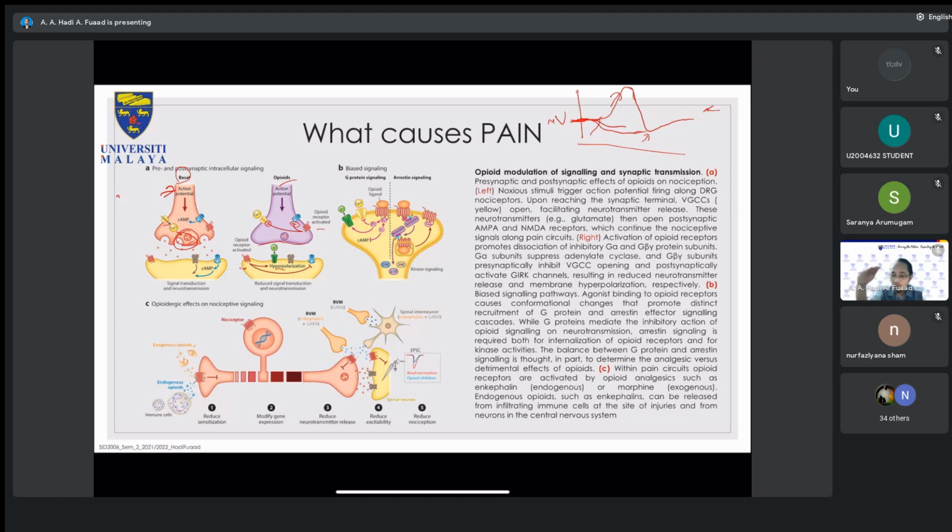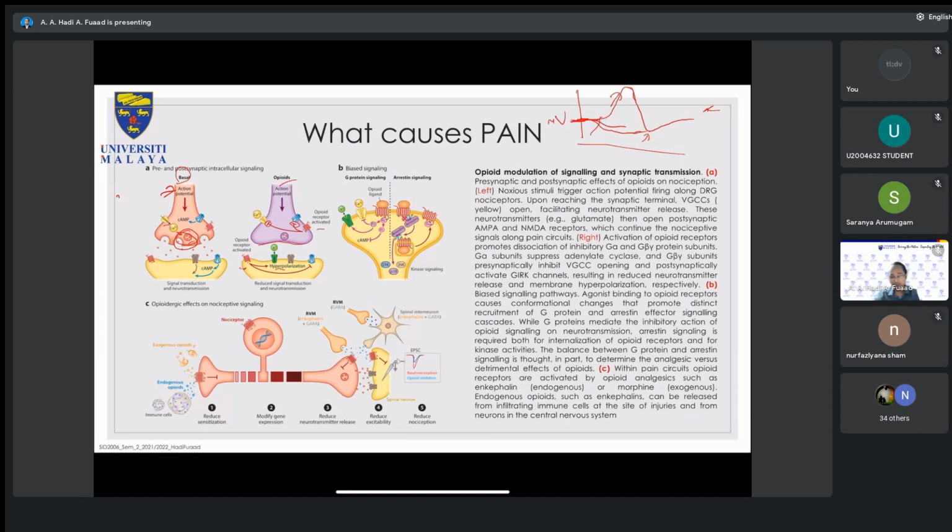That's the normal baseline. But when you have hyperpolarization, the signal deepens, it gets even lower. If the signal gets even lower, then definitely there will not be any signal,